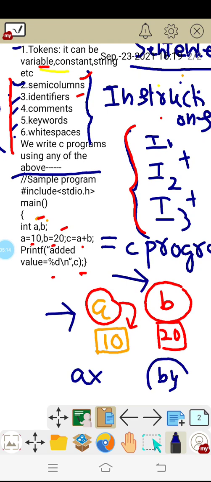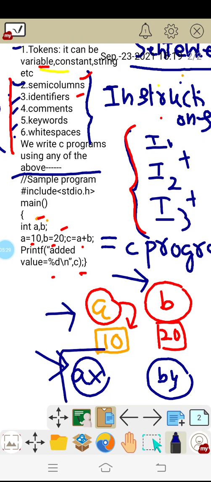The name of the variable can be anything: ax, by, ab, xyz, fp, or whatever. This name that is given to the variable, we are calling identifier. Identifier means we identify by this name.